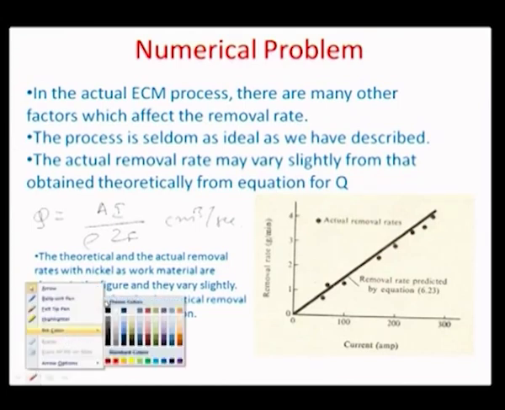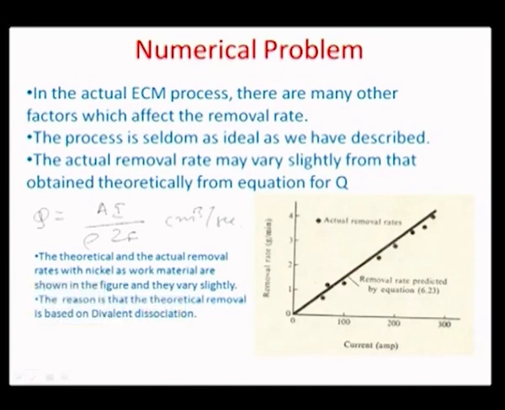Okay. And if you look at a comparison between the actual removal rates given by these dots here and the theoretically predicted rates given by the straight line, there is some level of variation, and one of the main reasons is that